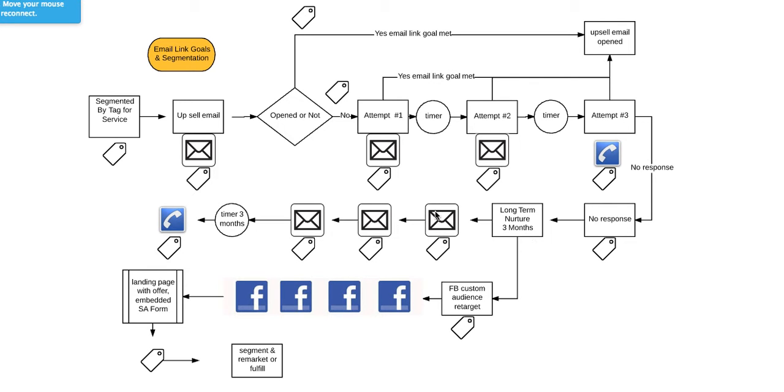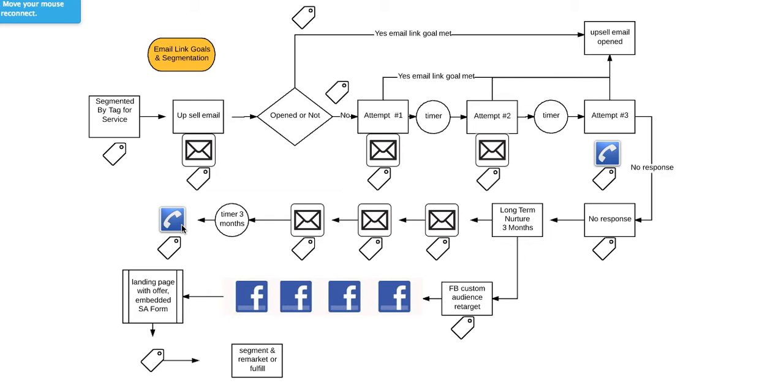So we're going to send out a series of 3 emails here. We're going to tag each one so we know each email was sent and where they're at. And at a timer of 3 months, we're going to apply a to-do with a tag associated with it to call back this consumer to say, hey, we're just giving you a shout to see if you're interested in fertilization and weed control, and if you found the information that we sent you